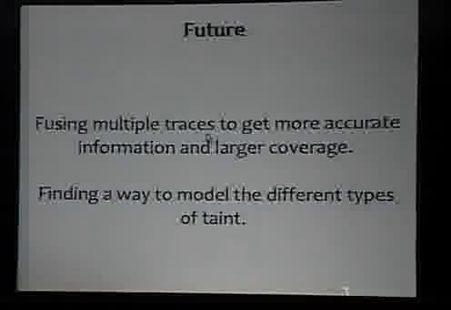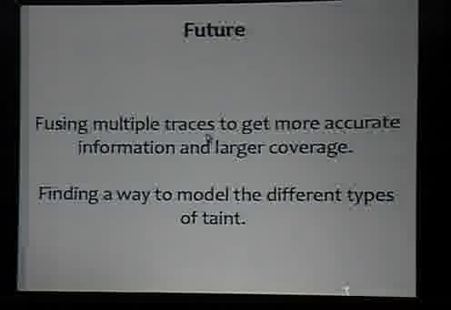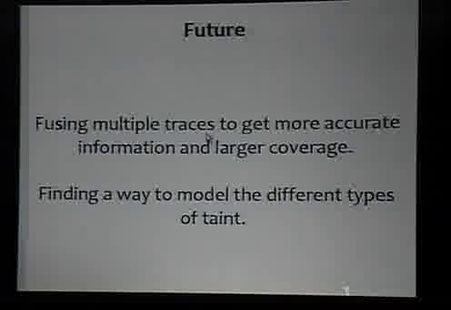And then the other thing is this control dependence data that we have. Right now I'm throwing all the colors together: the taint based on control flow, the taint based on just data being moved, and things like the guy over here asked about tainting based on indirect jumps. All that sort of gets lumped in together. It'd be nice if you could turn on and off different types of taint, and